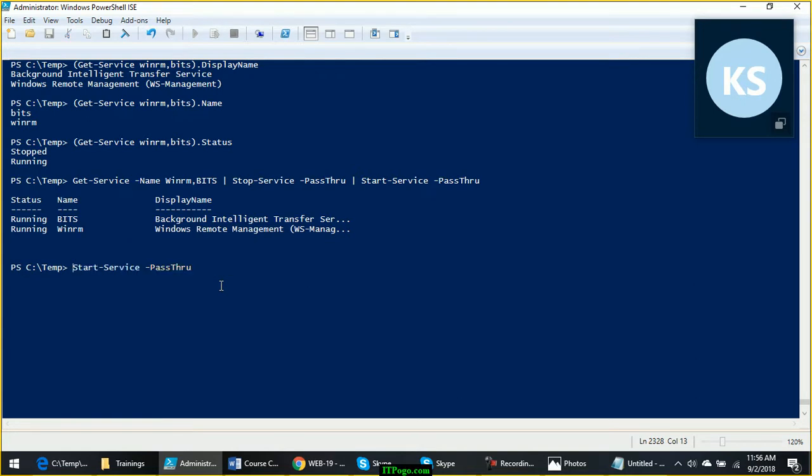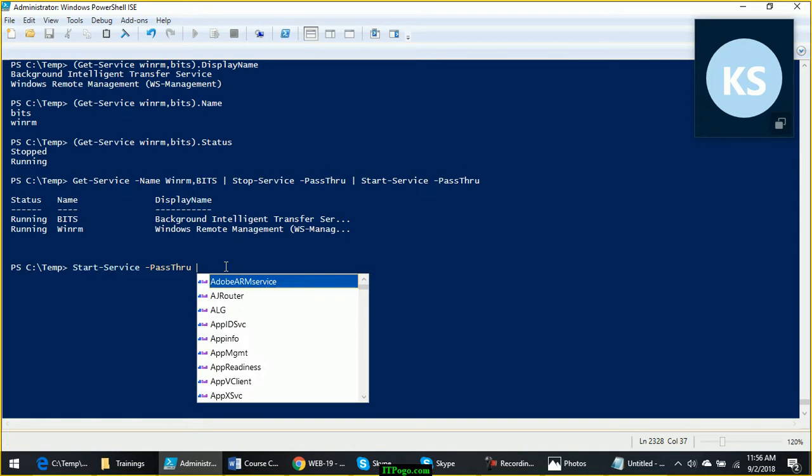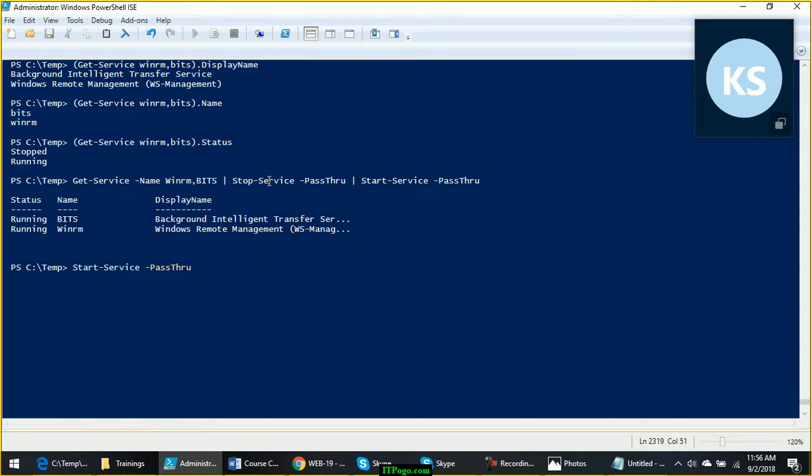Now here, for starting a service, you need to know which service to be started. So what was the second command? That will be the second command again, but the last command will become first, and first will become third.